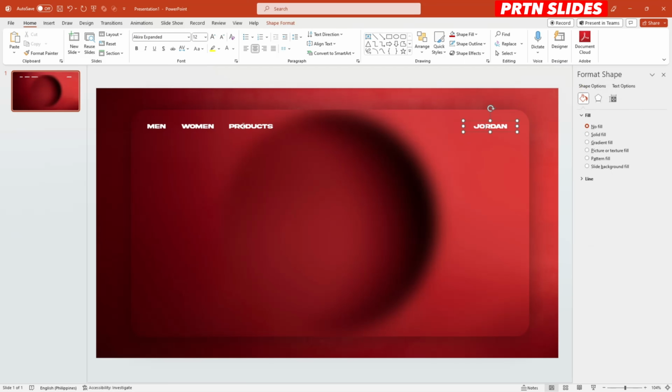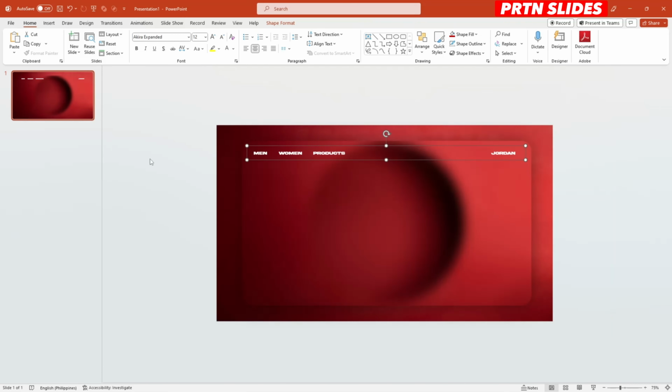So what you need to do is just to group them. Select this text box first, hold Shift, and then select the other text box, and then hold Control and hit the letter G. So Control G for them to be grouped. There you go. The next thing that we need to do is just to duplicate this slide, Control D,